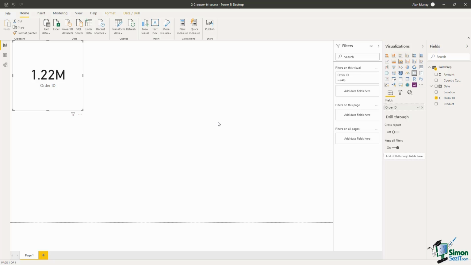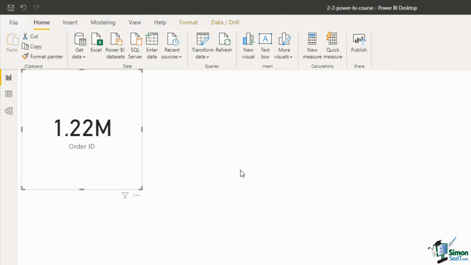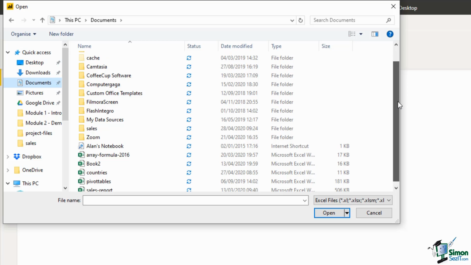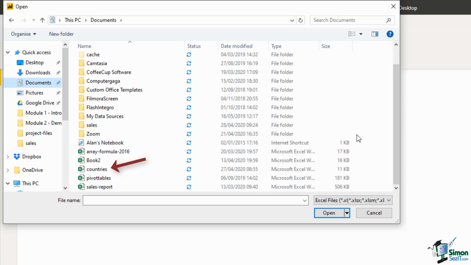In this lesson, we are going to import data from 2 more sources. Now the first source will be an Excel workbook. So from the Home tab, I have an Excel button on there ready to be used. If I click on Excel, the open window appears and is on my documents folder. I can now scroll to the workbook that I need, which is this one called countries. If I select countries and click